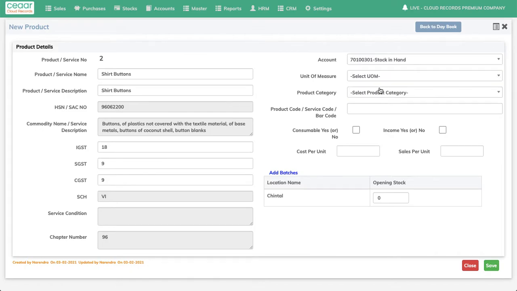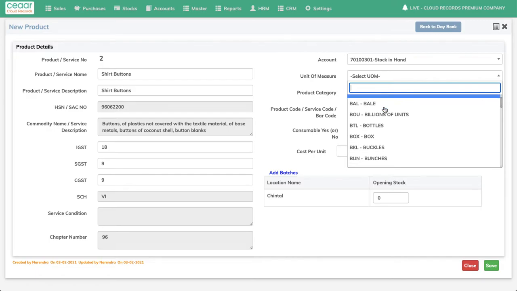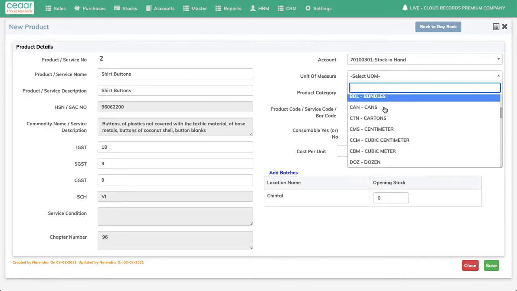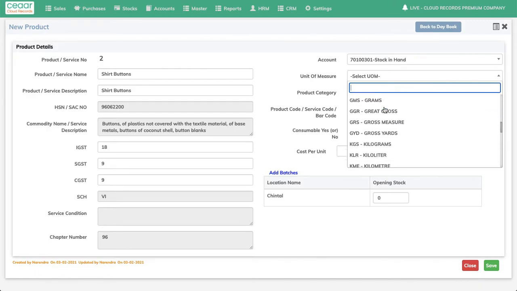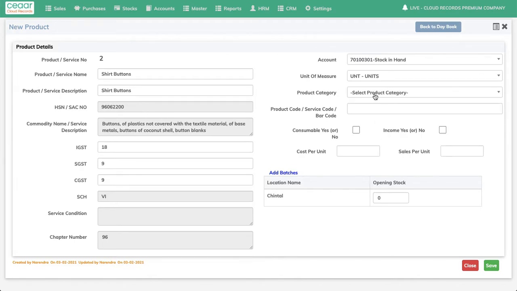Stock. Unit of measure is a fixed one from GST. So we cannot change any of these things, only we can use them. So here I'm going to, for example, select units. You can select whatever is related to your product. Product category is not a required item.